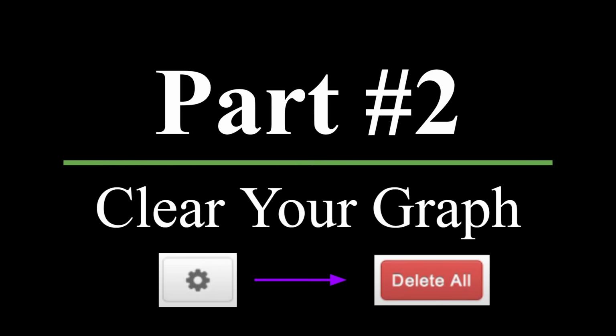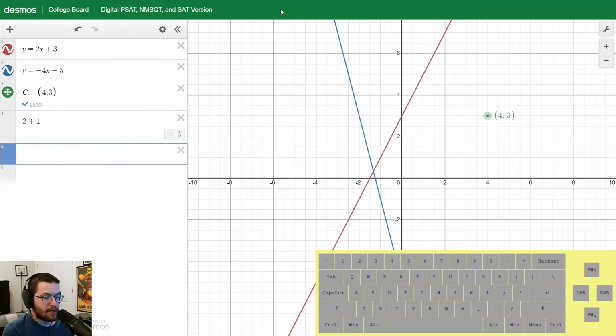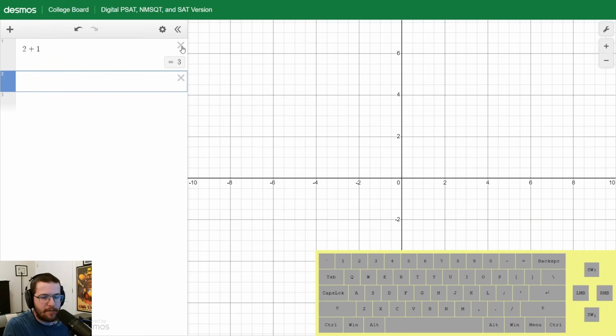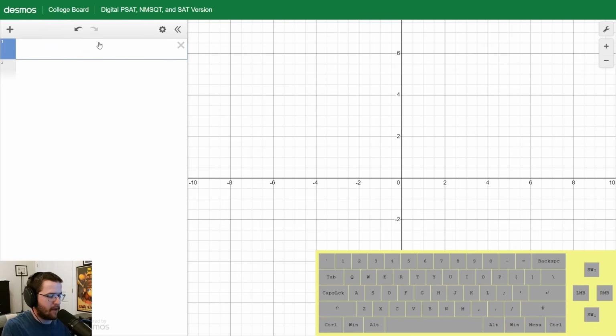Part 2, Clear your graph. So if you didn't know, the Bluebook app, when you go from question to question, stores your work from the previous question, which you often don't want. What a lot of people do to get rid of it is they'll just start clicking on these X's to get rid of these expressions, and that's helpful if you mess up on some of your work. But if you go to do that,